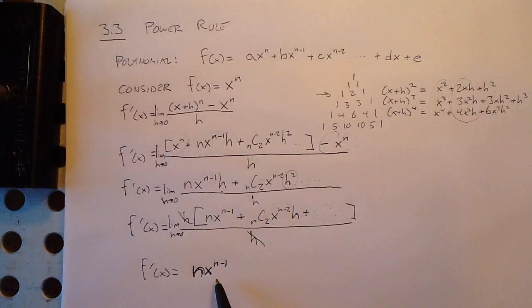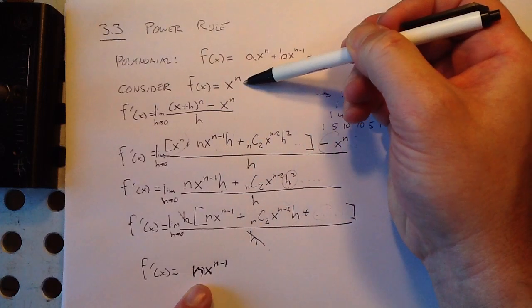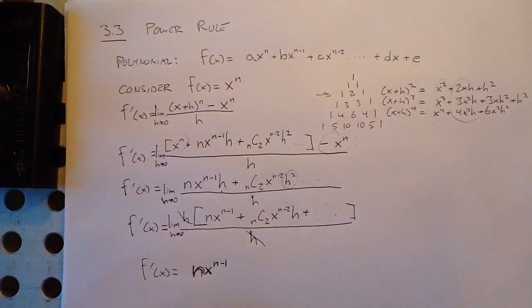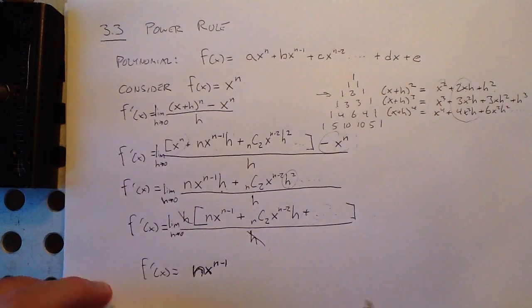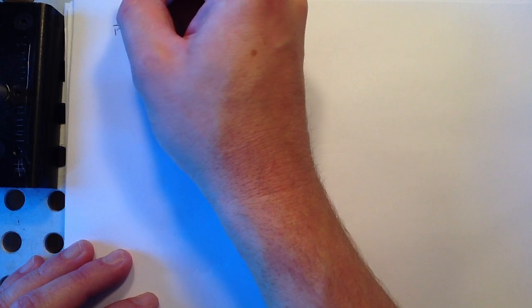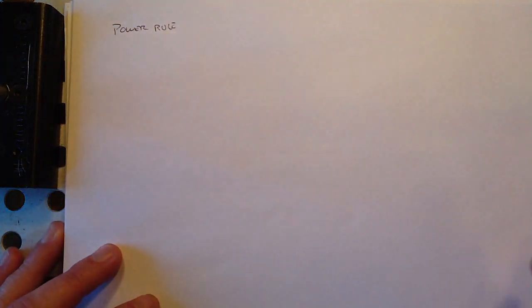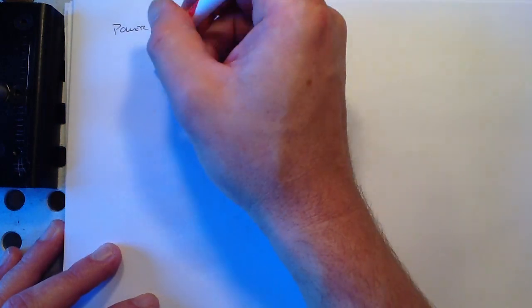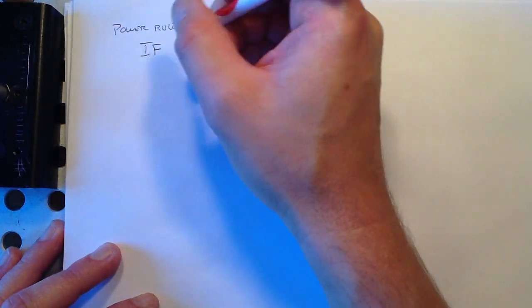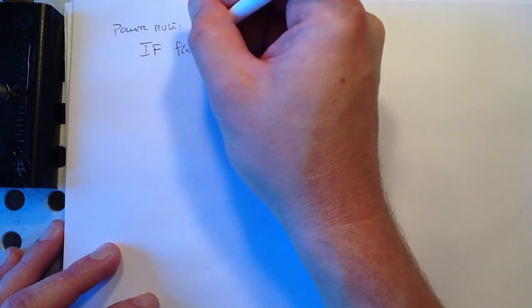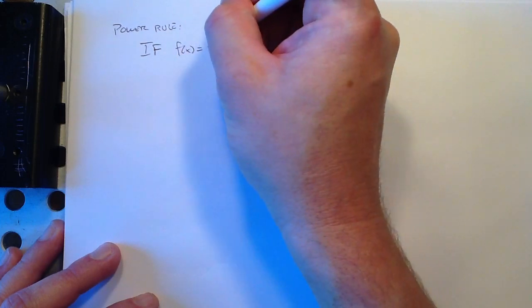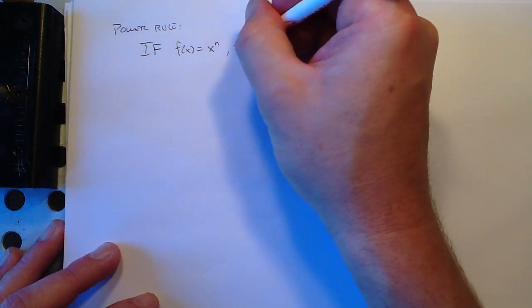And that means, remember, this is the derivative of x to the n. So we could fill up a page real quickly with examples now. Let me just recopy. So our power rule is, if f of x is equal to x to the n, then